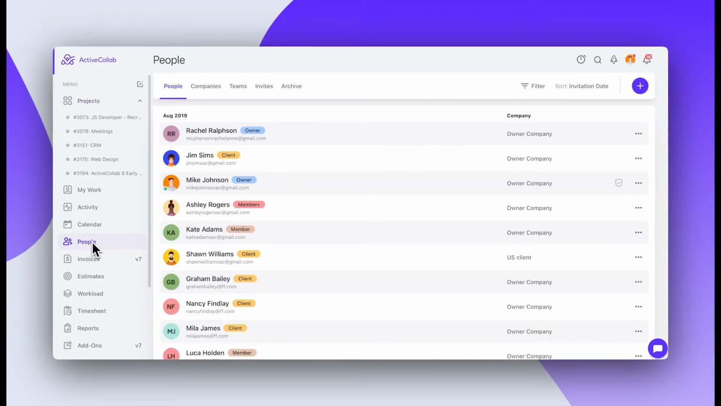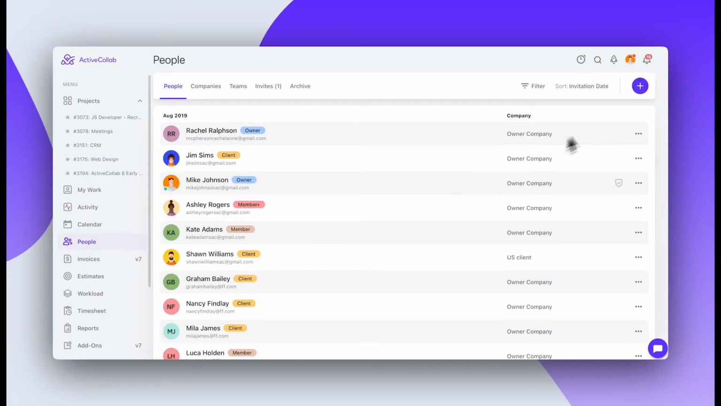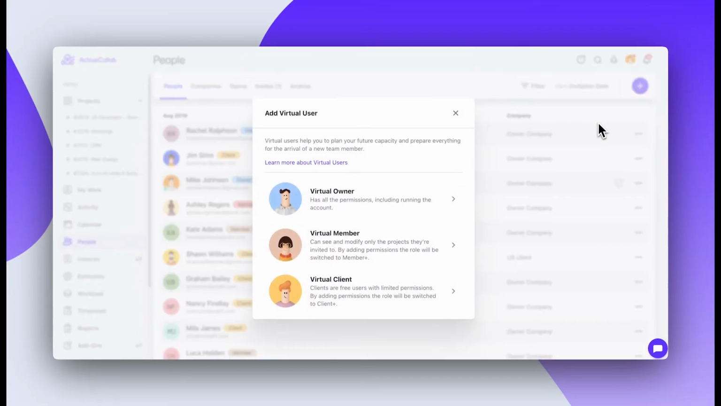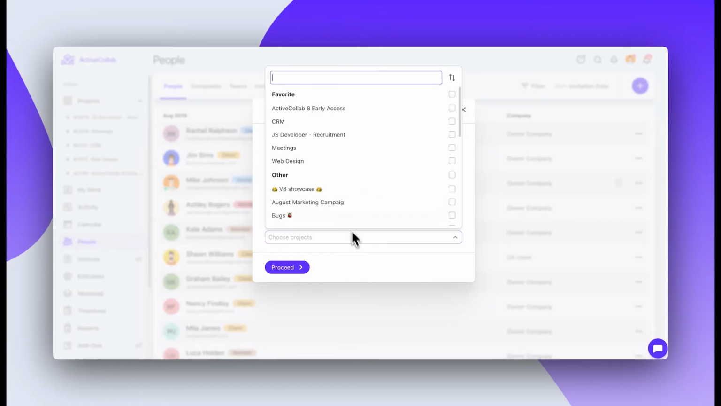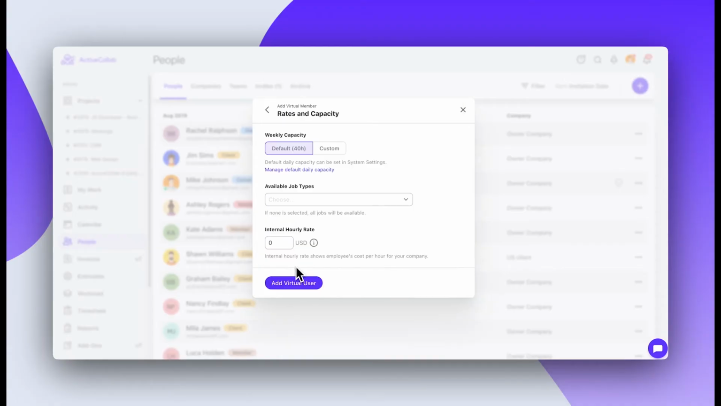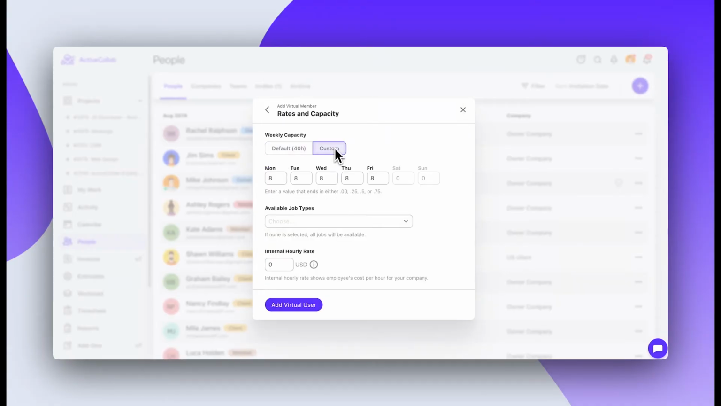To invite a new user, head over to the People section and click on the plus button. You'll see the option to invite people or add a virtual user. Virtual users are a new addition to the People section that serve as placeholders for actual users before they join the team. You can put in the role and a name for a virtual user, add them to projects, choose their work capacity,